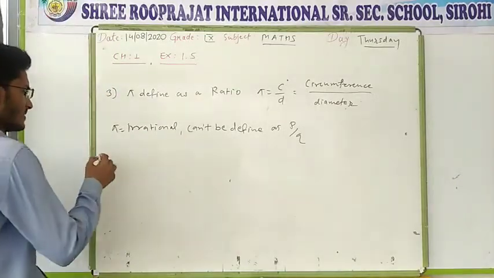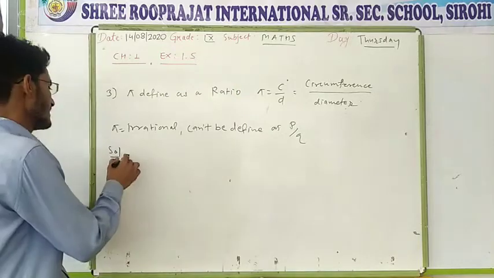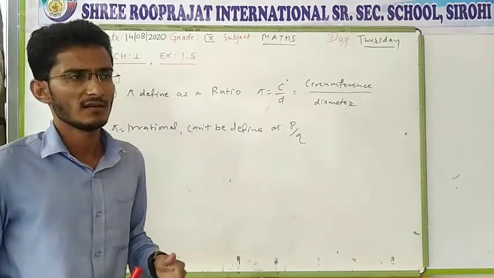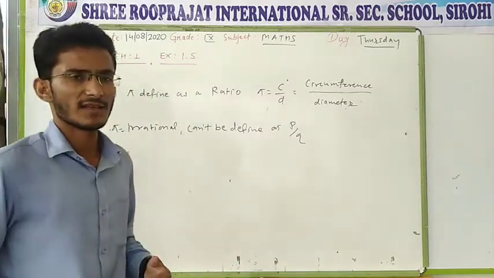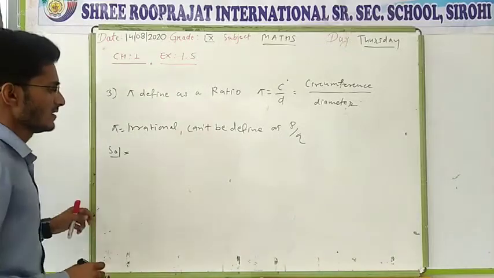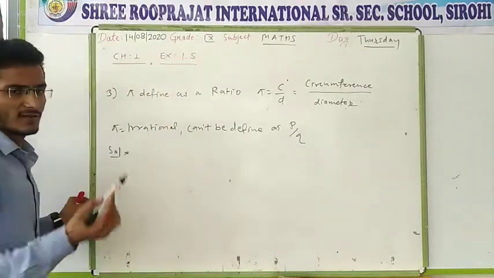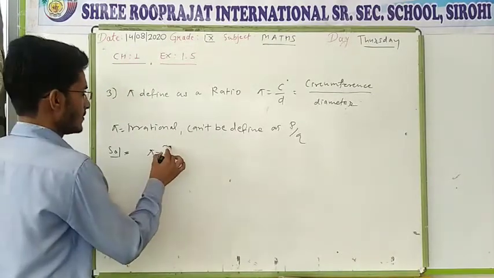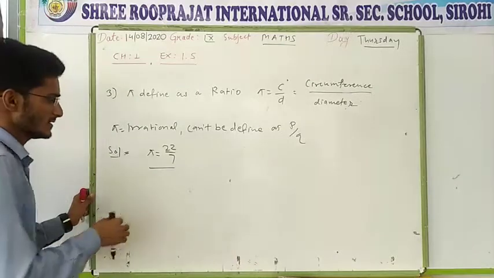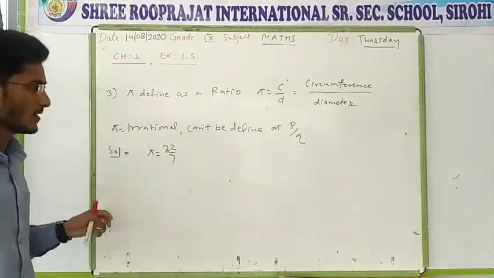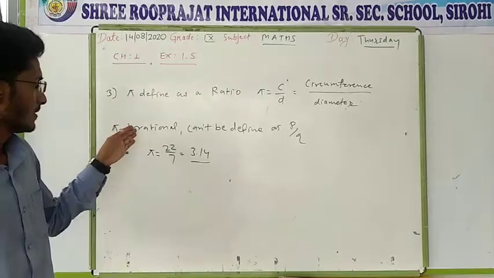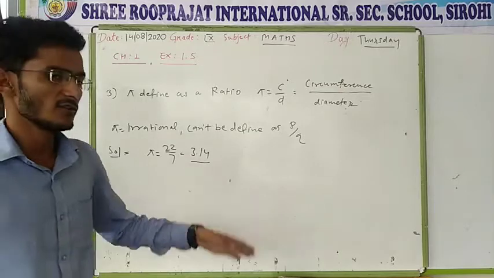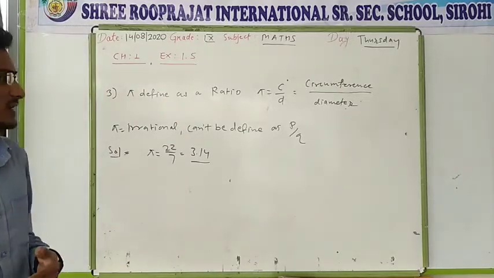So if we talk about the explanation of the contradiction, whenever we measure the length of any line segment or the circumference, it's just an approximate value. So what is the exact value of C and D? We didn't know. Even this one, what is the value of pi? 22 by 7. So here pi is also defined in form of p by q. 22 by 7 is also a form of p by q. But if you find the decimal expansion, you will get a non-terminating and non-recurring value.